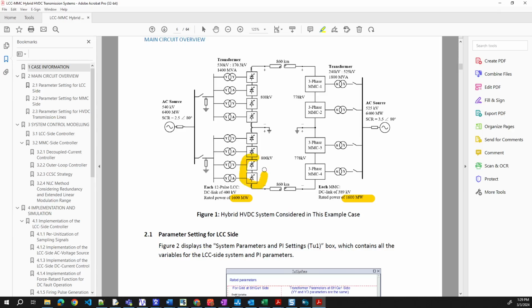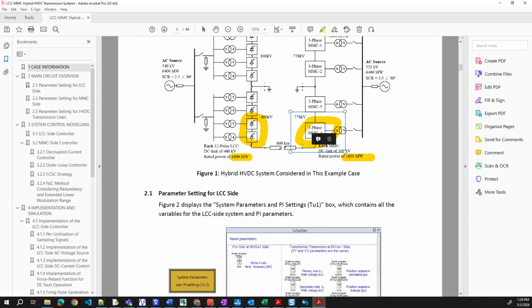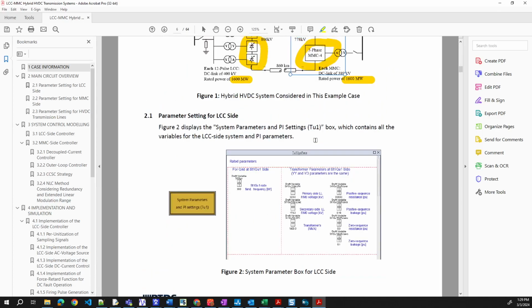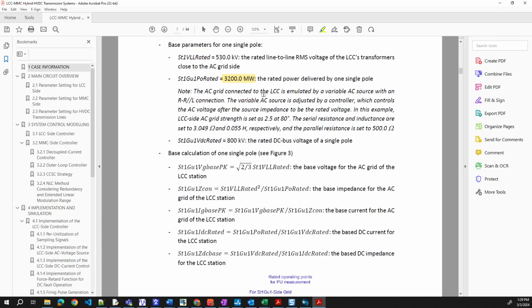Okay. We are talking about this one. And for this it's just one. So that's a lot of power. So that's for single pole, right? Negative power for one single pole, right? So in total is